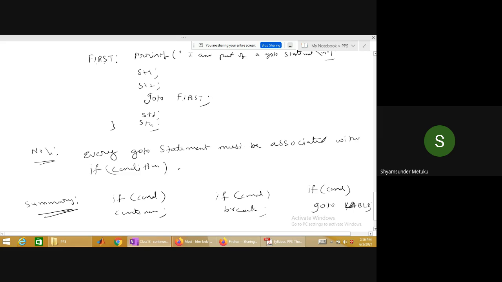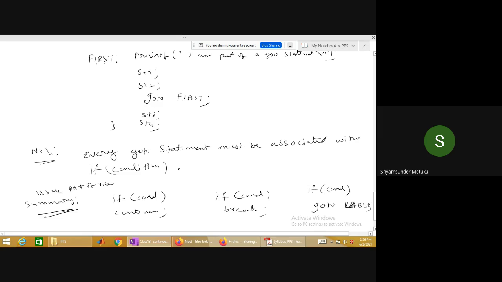Is it clear? The usage point of view. Continue, break and go to, all these 3 statements must be used after if condition. If condition is true, execute continue. If condition is true, execute break. If condition is true, execute the go to.